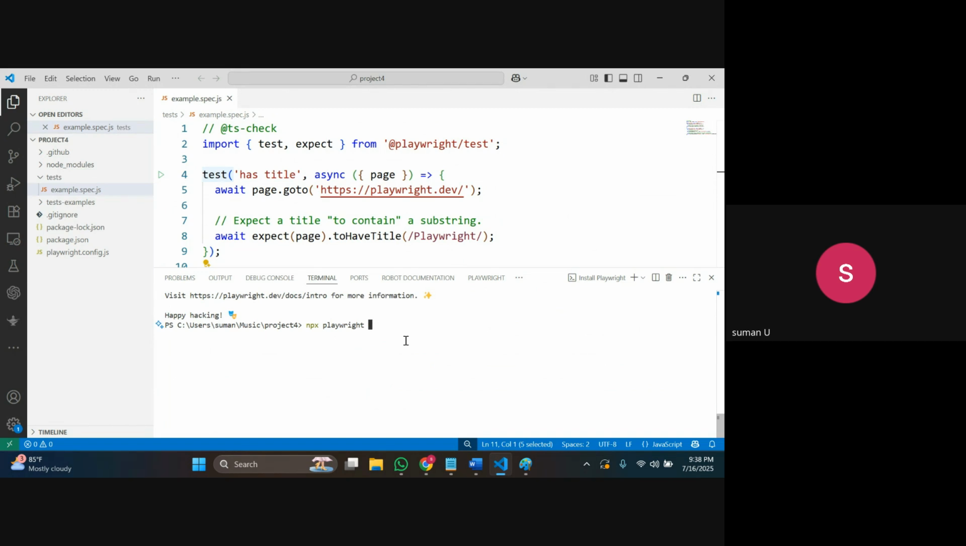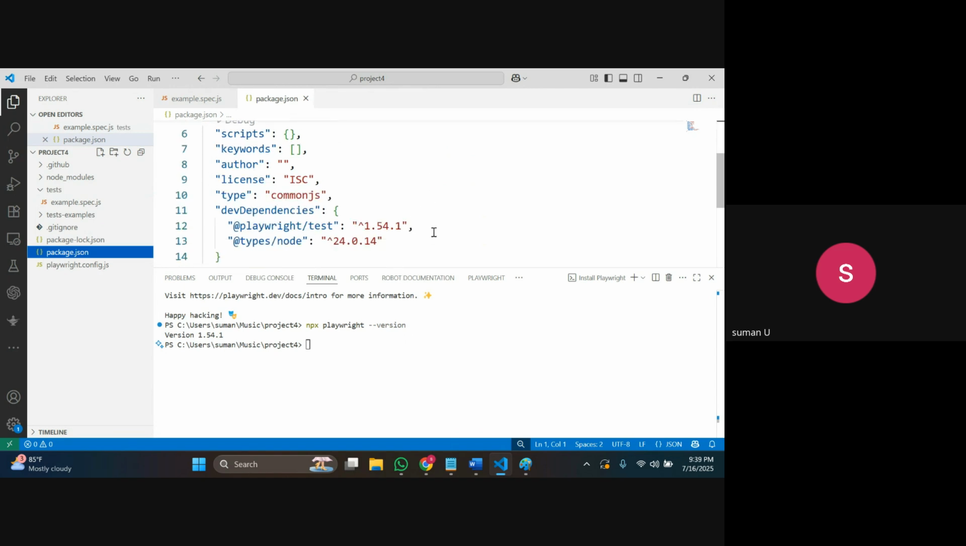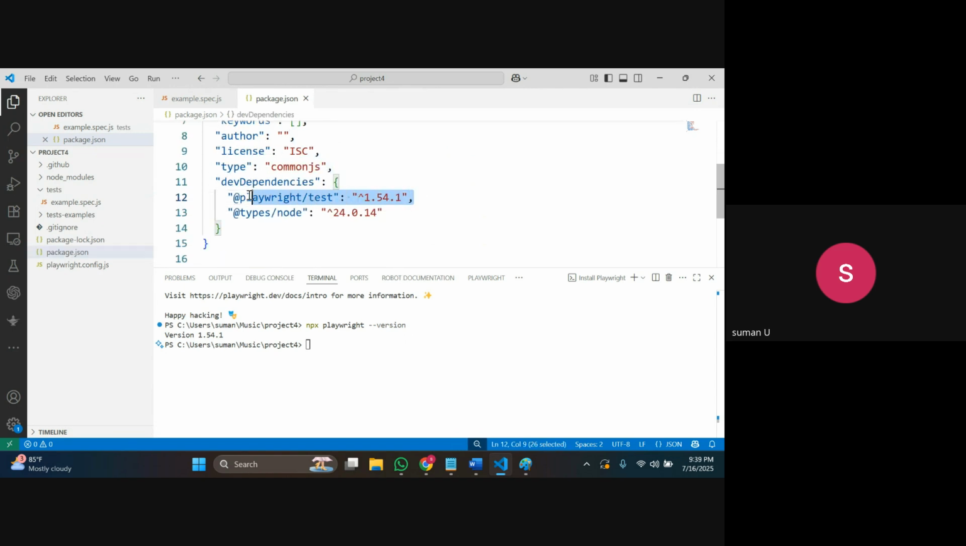For example, I have installed Playwright, but I want to check the current version of Playwright. You can simply type npx playwright --version, and it will give you the Playwright version which is installed under that particular project. Or else the second way is that you also have a file called package.json. If you go to that file and scroll down, you can see your Playwright version